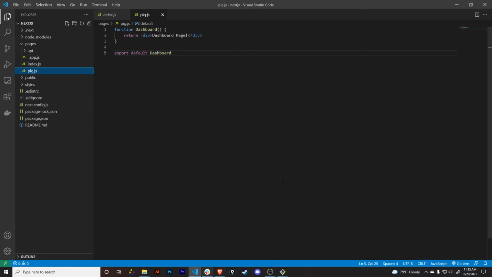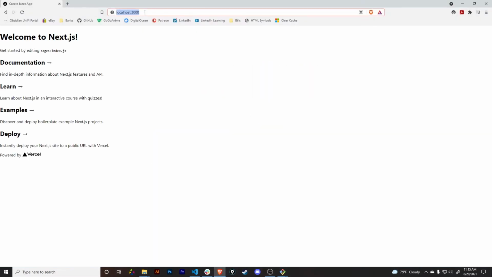If I go over here now, let's go to my page, and let's go to slash pig. And you can see that there you go. Here's our dashboard page, right? Next.js does everything for you guys, right? So pages are associated with a route based on their file name,